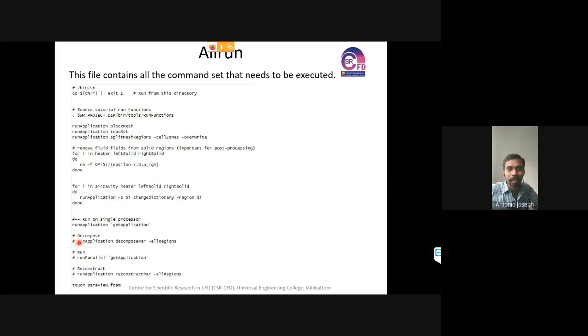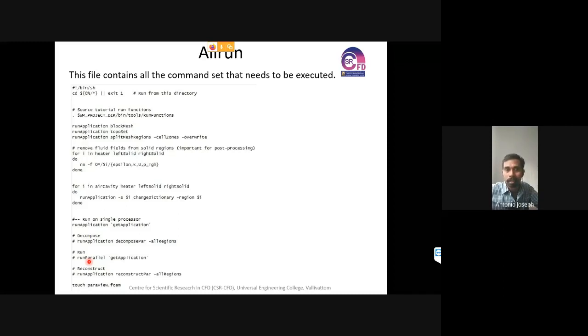Now, first of all, we will be decomposing that. So runApplication decomposePar. All regions will be decomposed according to the number of processes or number of domains that we have specified. Okay. Now, again, runParallel getApplication. So in parallel, using the information provided in the control dictionary, the solutions will be run, or we'll be trying to solve that.